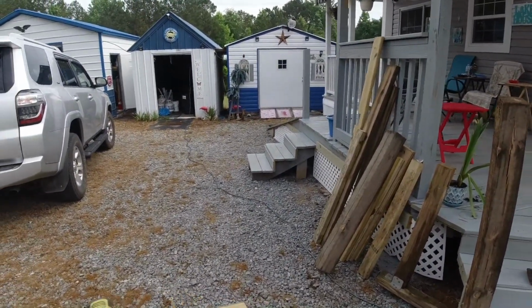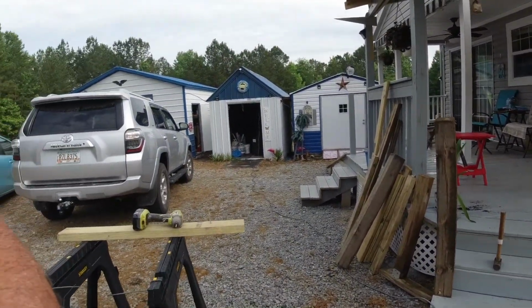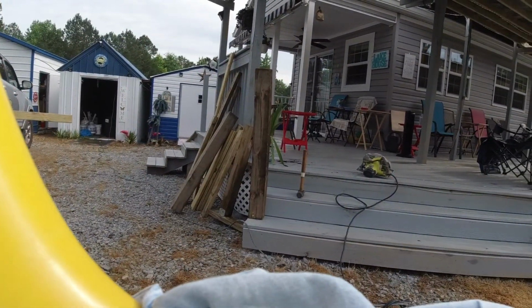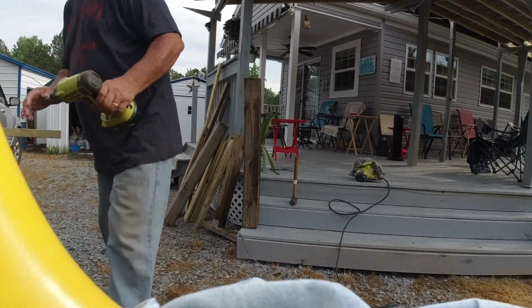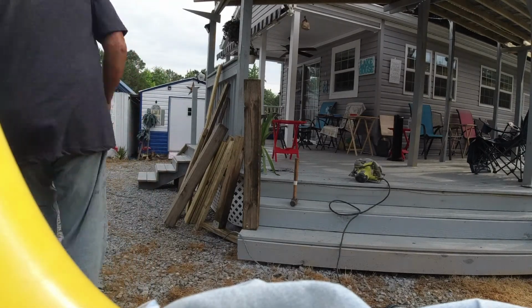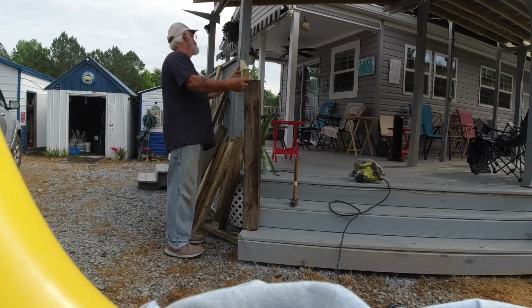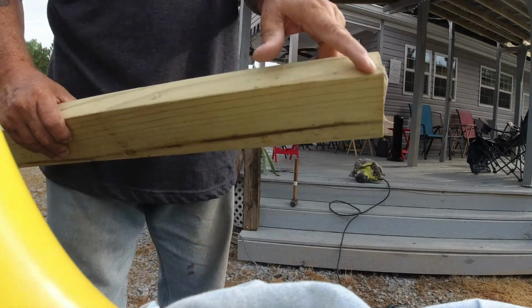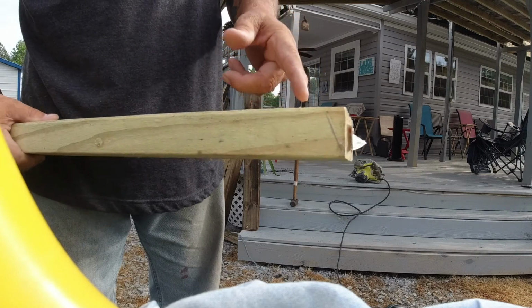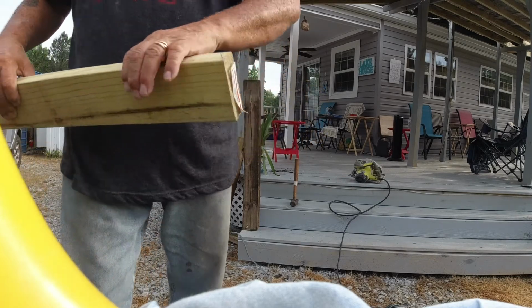So I'm studying on right now the cut I want to make and how I want to make things fit here. Feel free to watch me. Maybe you can help me figure it out as we go along. I've made some marks on this board. I need it to have an angle like this and like this, but this needs to be over this way a little bit more. So this is going to be something I do by tilting my saw blade,